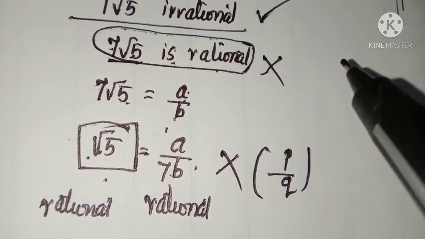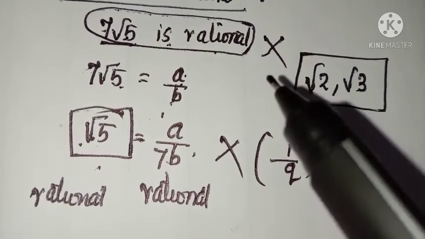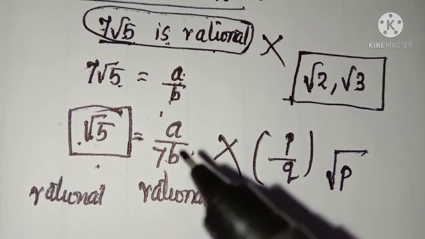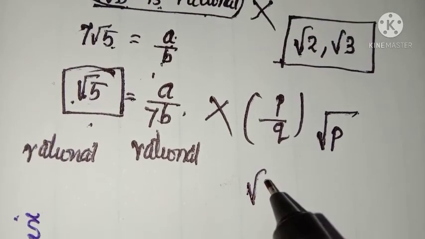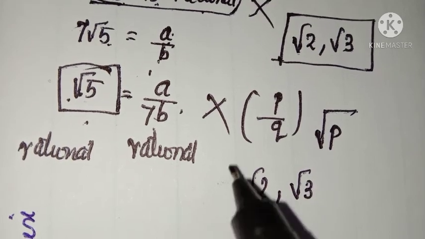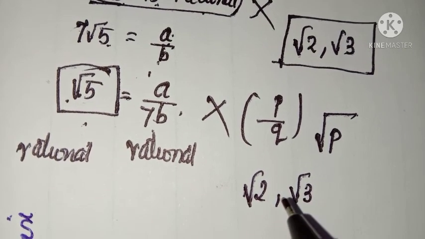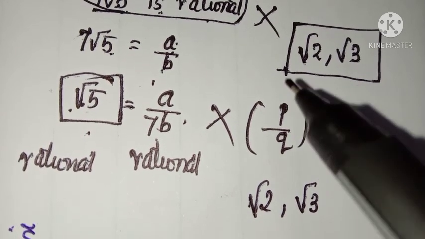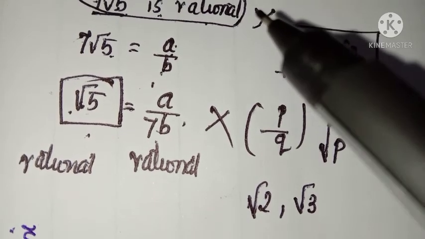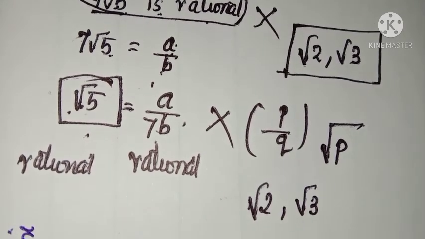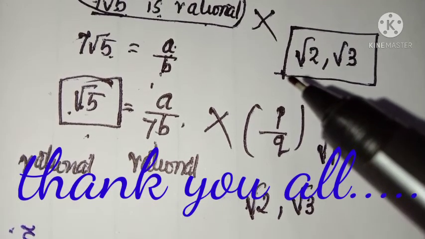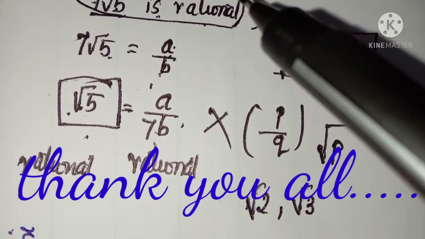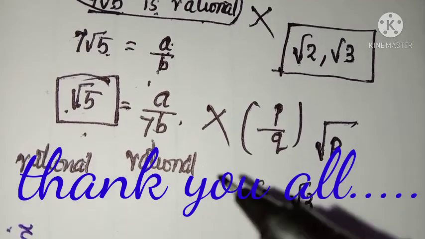Okay. So this is our exercise 1.3. So write and study all these question answers given in your textbook. See, in the examples you can see root 2 and root 3, how to prove these two are irrational by the method of contradiction. So the contradiction method is very important, and at the same time very easy. Go through the steps. You can see all the steps are the same, the procedure is the same. So write and study. Once again I remind you, write and study all the problems, examples plus exercise.